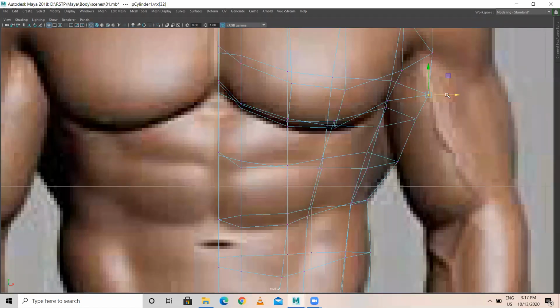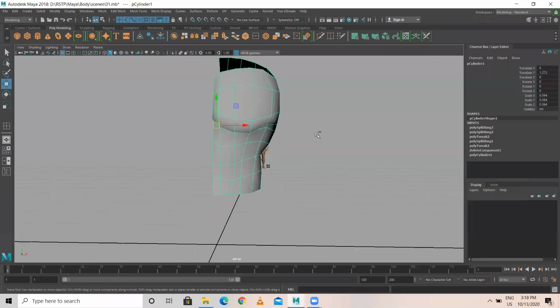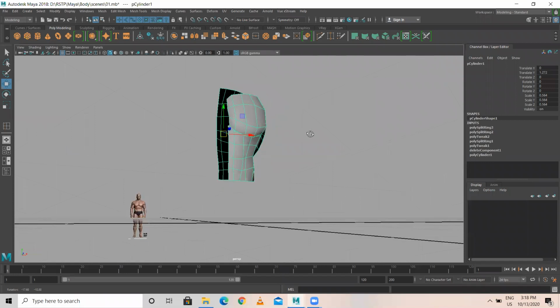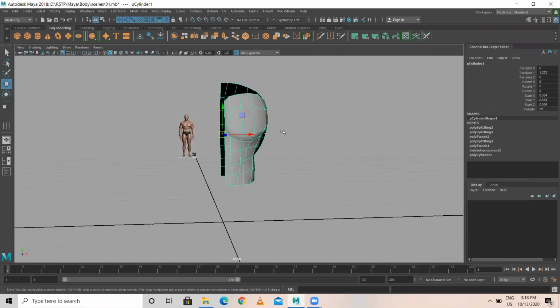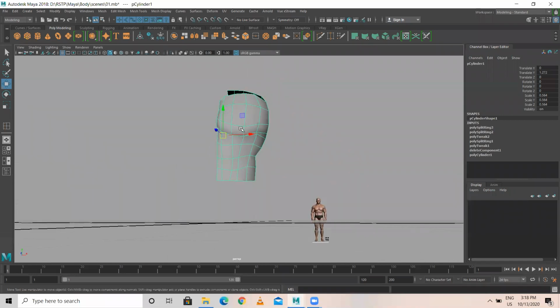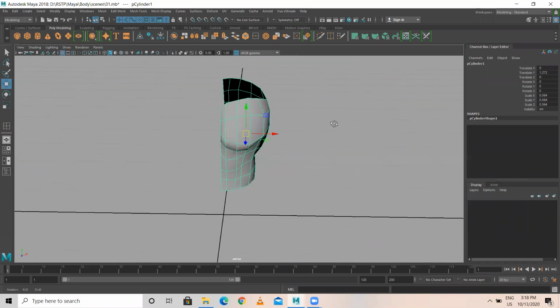Let's see how this looks. So now from one cylinder, we have removed the half portion of that. From the half cylinder, we have made a mesh like this. In width and height, I have added only 5. Then later I have added 2 more. So edit, delete by type, history, modify, center pivot. So this is what we have got.